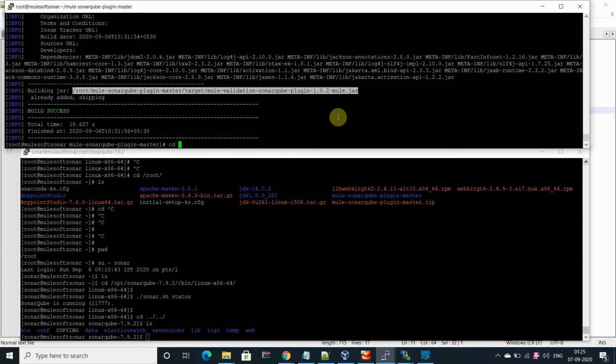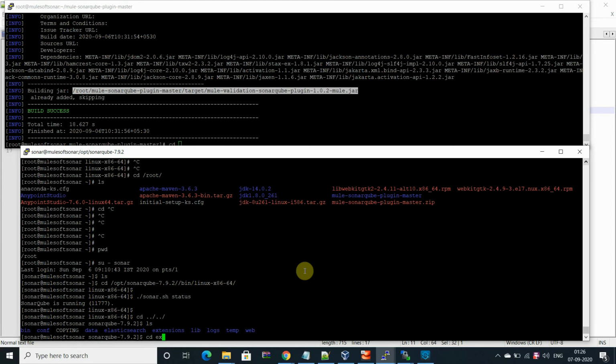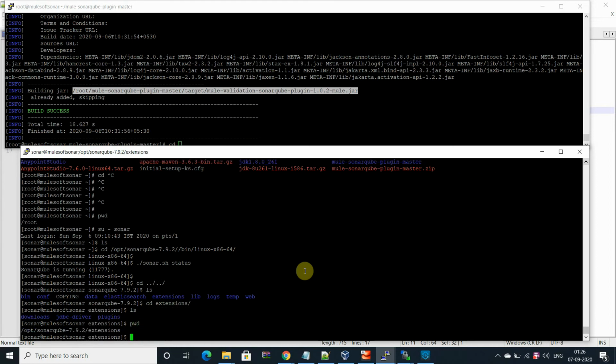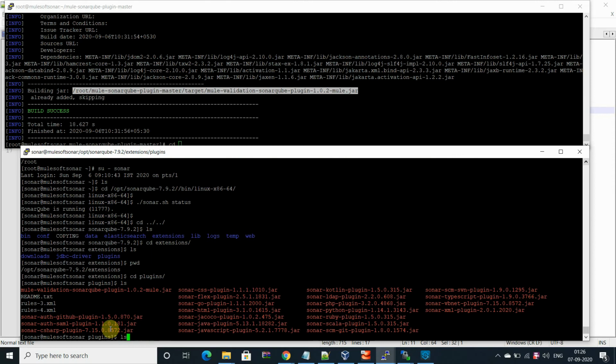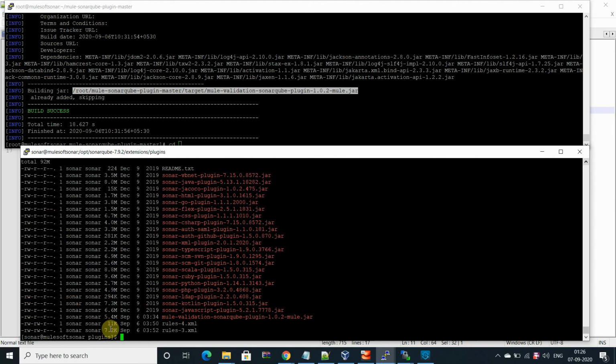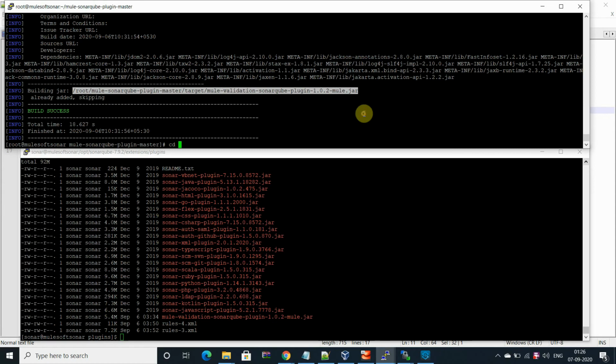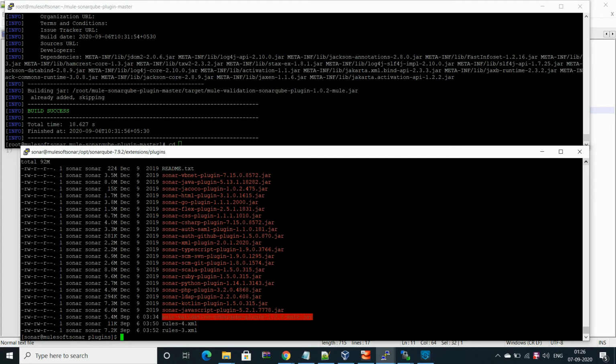I am right now over here, and I have to go to this location. You can see this location is the Sonar extensions folder. Then go to the plugins folder. I have already copied this file, but I want to show you. You can see the MuleSoft validation SonarQube plugin 1.0.2 mule.jar. The same file I have already copied over here.